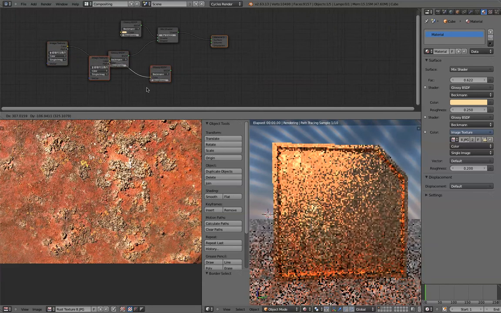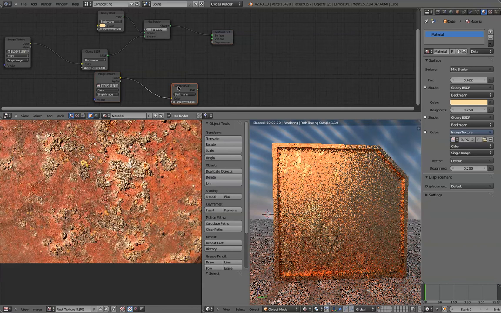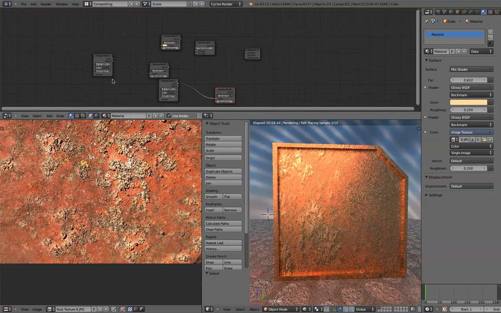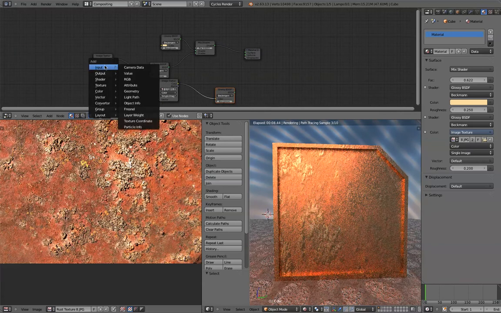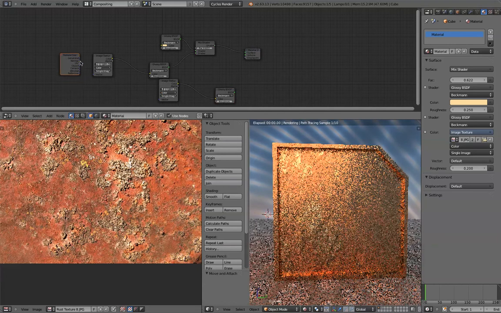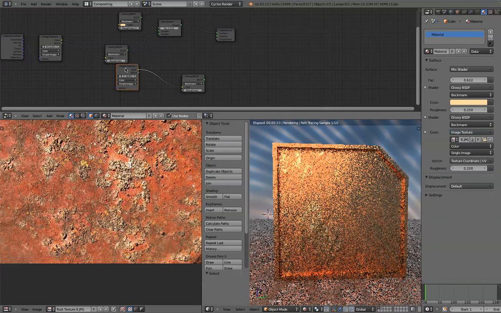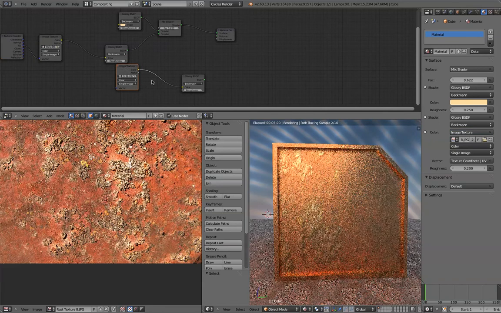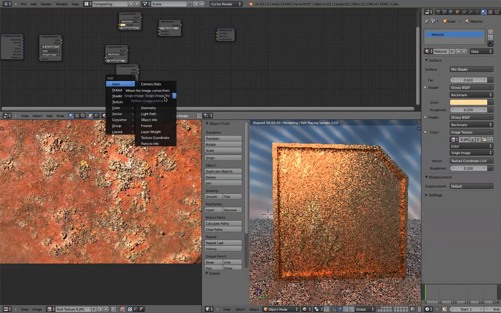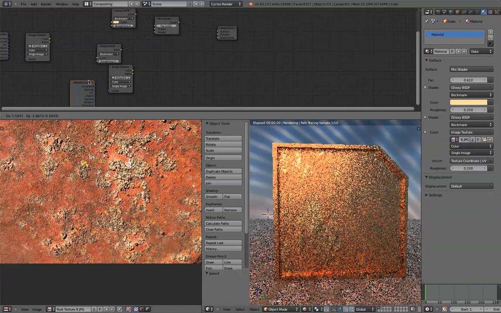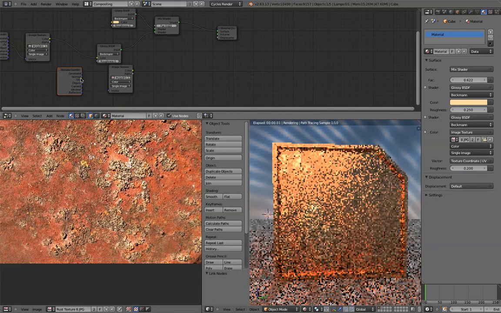And we can just duplicate these here. I don't know why that hasn't worked without a coordinate node, but we do need to put in a texture coordinate node here. That's best practice anyway. And I'm just going to get rid of that and add another texture coordinate, drag UV out to vector,